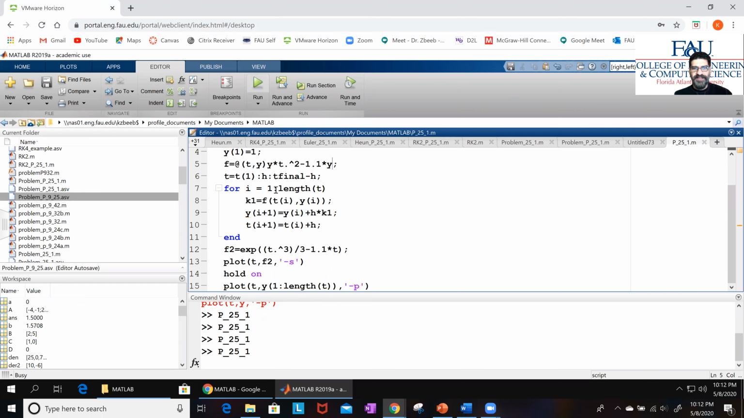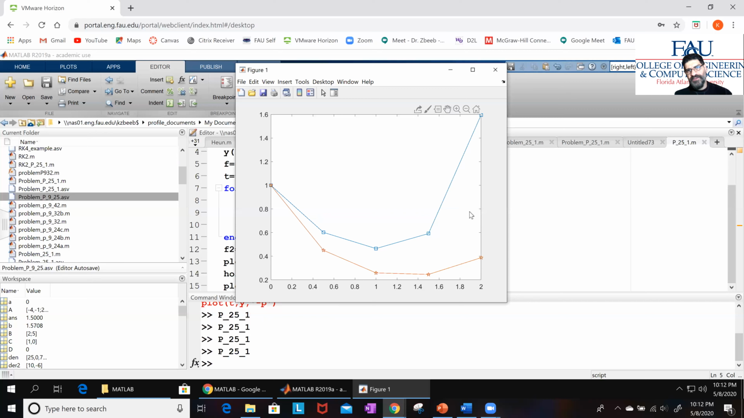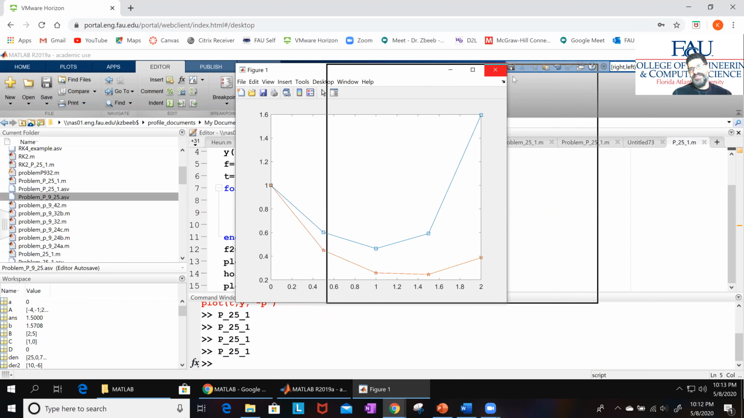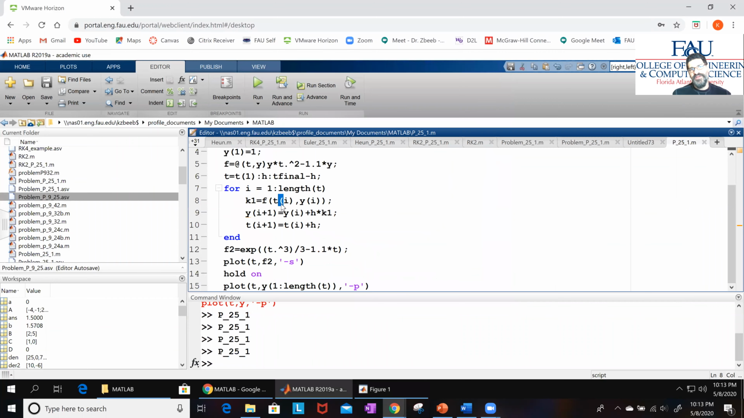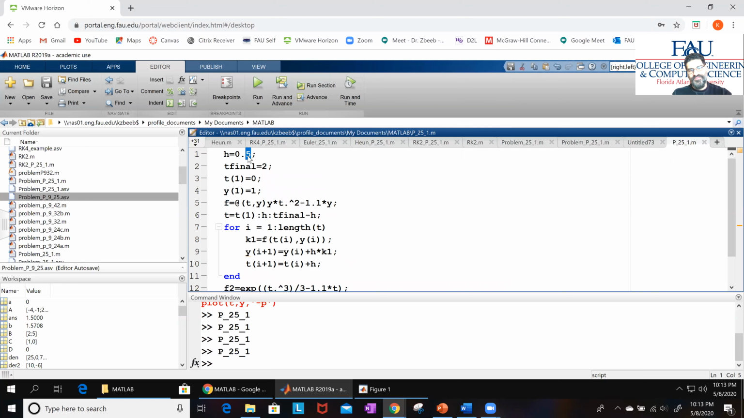So if I rerun it now, you will see that this is what we get. Now, again, the blue one with the square markers will be the exact solution, and the red line will be the Euler method. And just before we move to the second method, because he said to do this for 0.25, let me move this here, and if I do 0.25 and rerun it again,